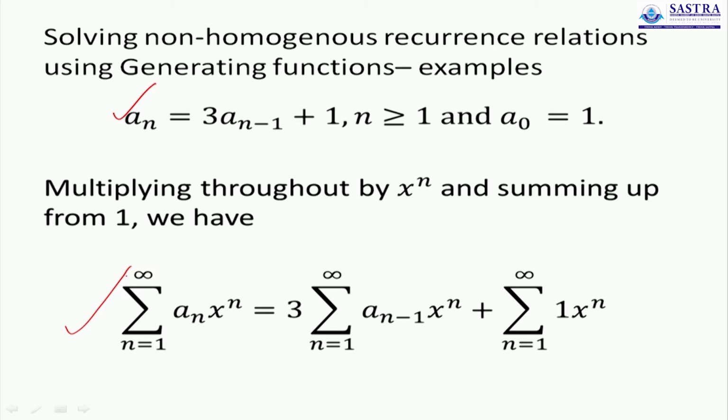Because we are trying to solve the recurrence relation using the generating function, which has its predefined format as a summation of powers of x. So that's what we are doing. We are multiplying throughout the given equation by x^n and summing up from 1 to infinity. Remember, it is not done between 0 and infinity, because the question clearly states that we'll have to begin from n equal to 1.